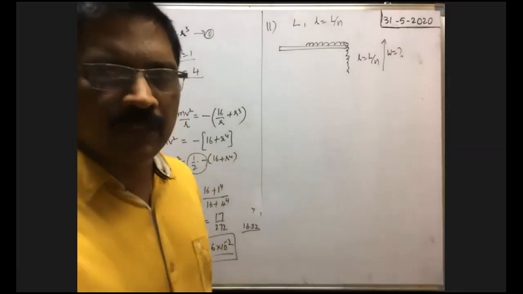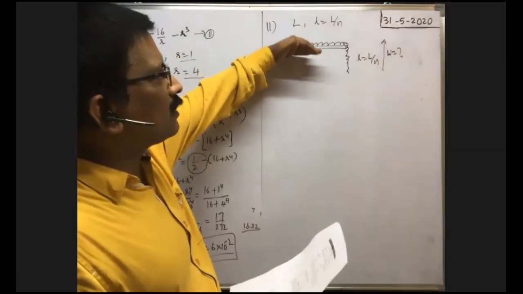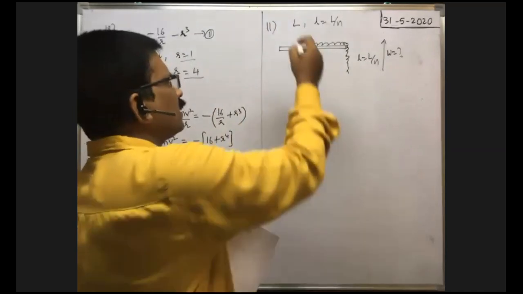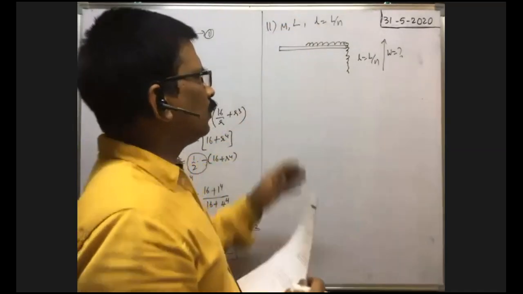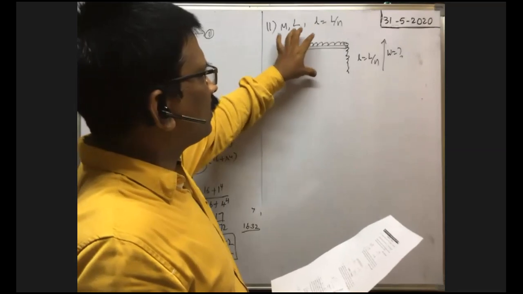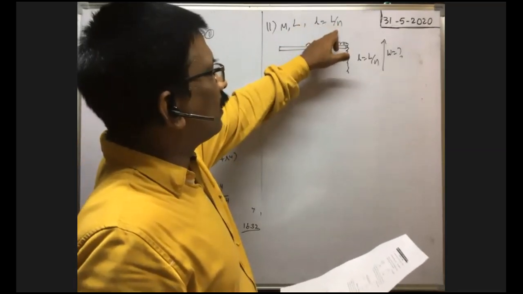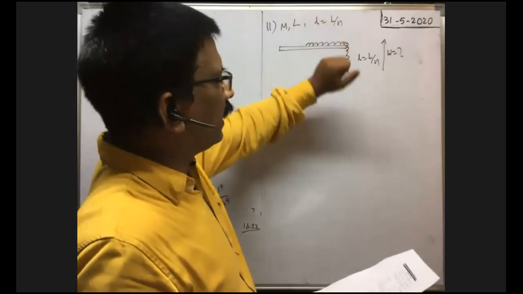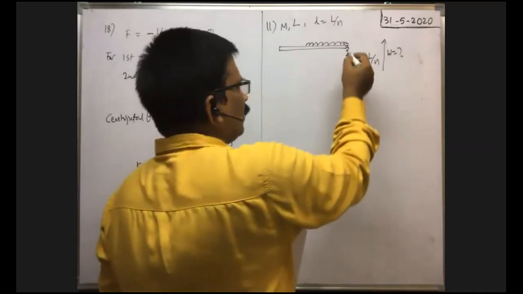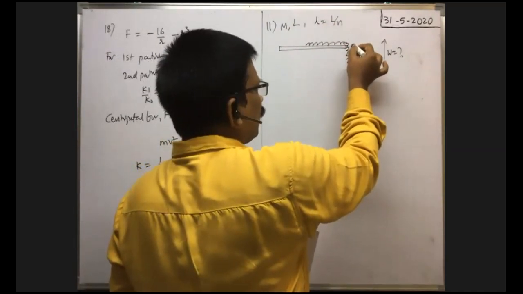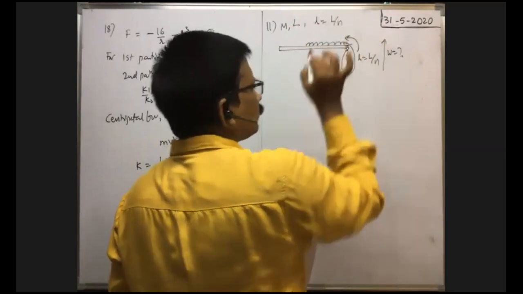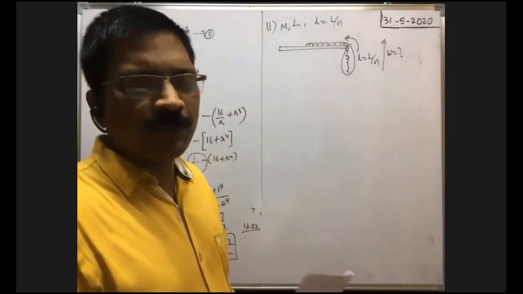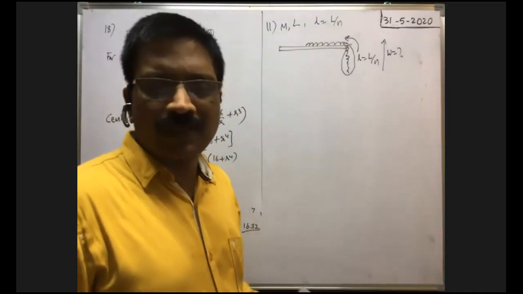All of you see here, on the horizontal surface, a uniform chain of length L is kept. Of course, mass is not given, so it is mass capital M. So a chain of length L is kept on the table so that 1/nth of the length of the chain is hanging. That means the length of the chain hanging is L/n. Then what is the amount of work done to pull the hanging part onto the table against the gravitational force, or against its weight? That is the question they ask.